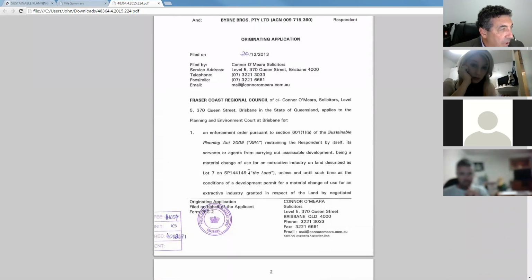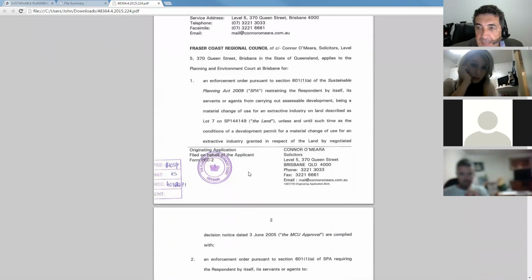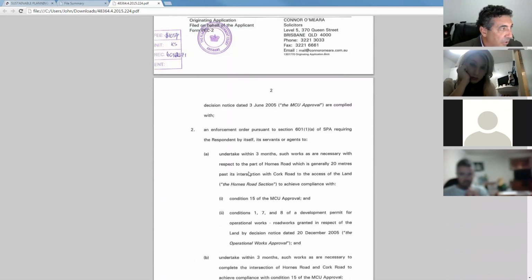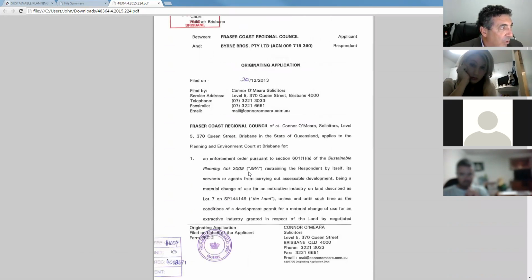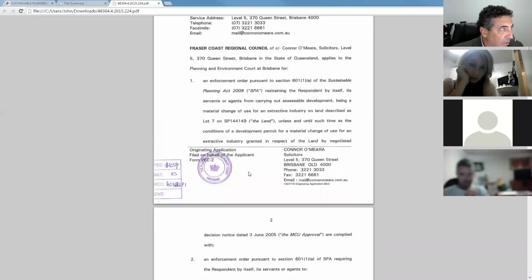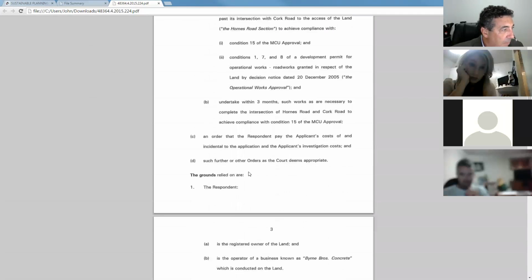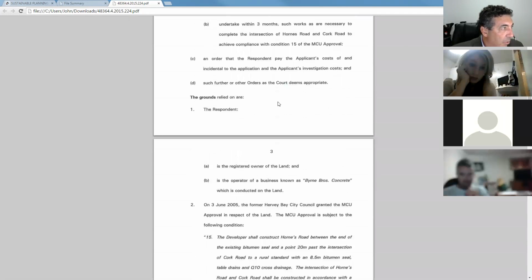Now, why am I showing you this? Well, it's a really good way of getting some idea of the way in which the litigation actually develops into a final decision of the court. And you can see the way that lawyers set out the documentation. You can see what the lawyers are asking for. You can see the grounds that are relied upon,